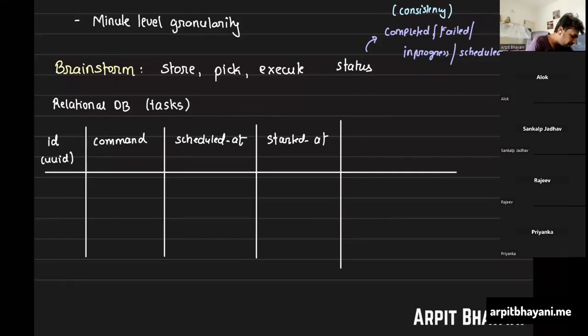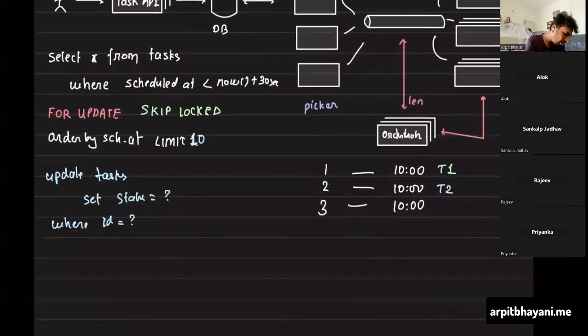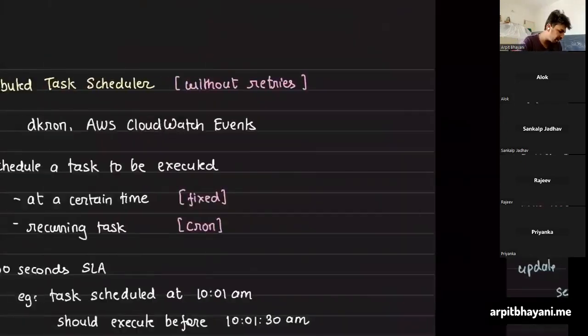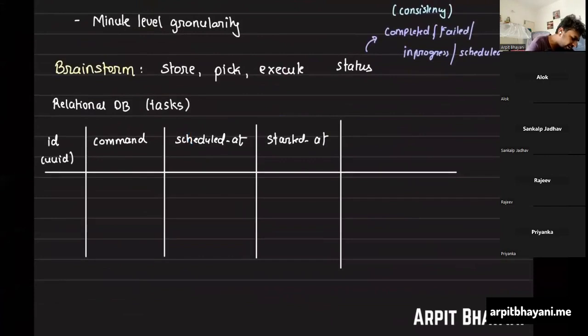Okay. Now this would help us scale up. And then you also talk about when it ended, so completed at. Will you store completed at? And will you also store failed at? Yeah. Why two separate columns? Why not just one column?